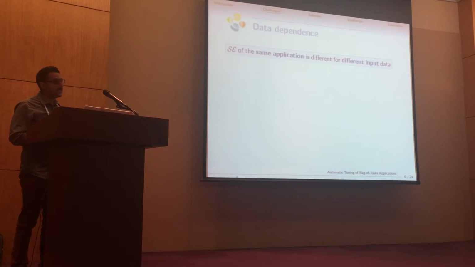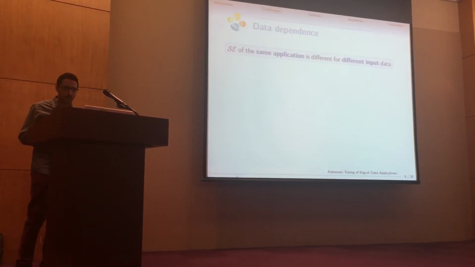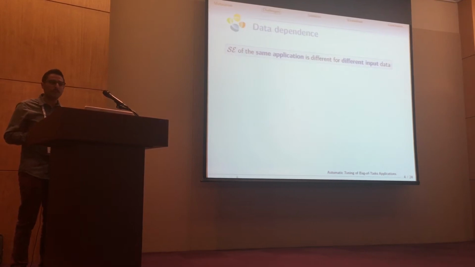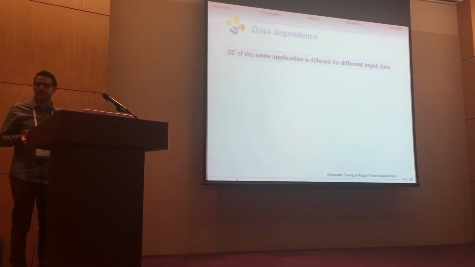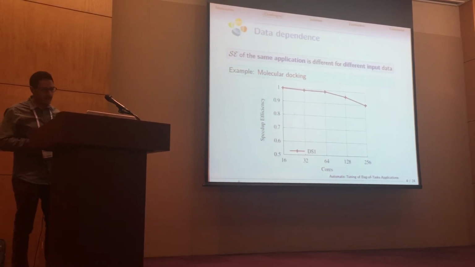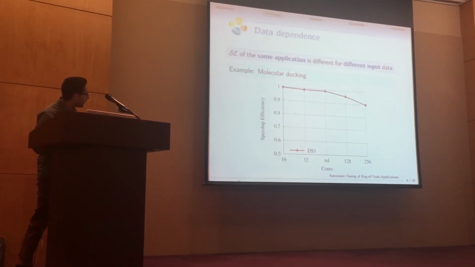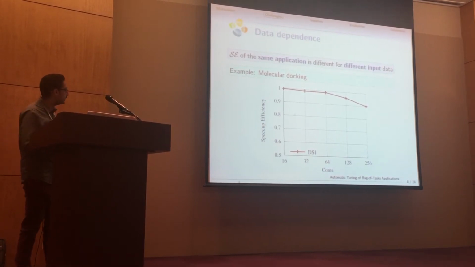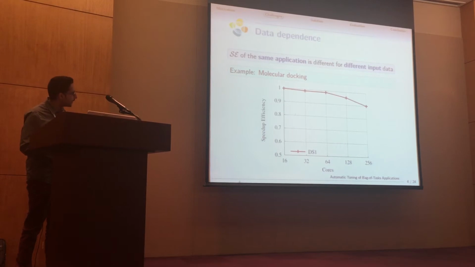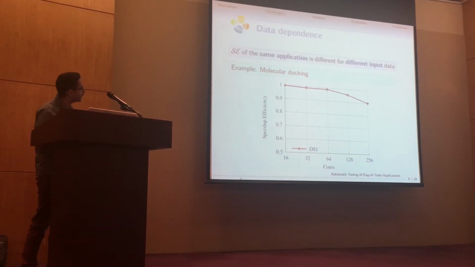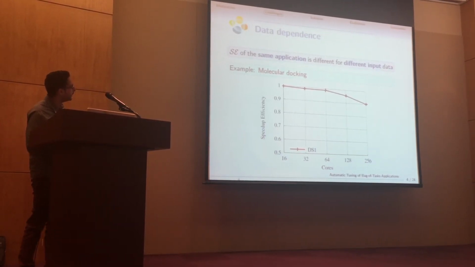And this is because of data dependence. What I mean by data dependence is that speed-up efficiency of the same application is different when you use different data sets. For example, look at this molecular docking example. We have a data set here, DS1, composed of 10,000 tasks. On the x-axis there, we change the number of cores that we're using, and we plot the speed-up efficiency. You can tell you're having good scalability here with good